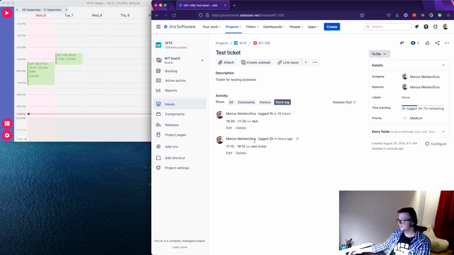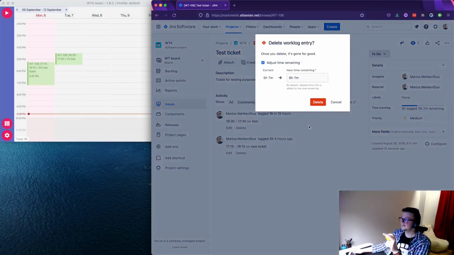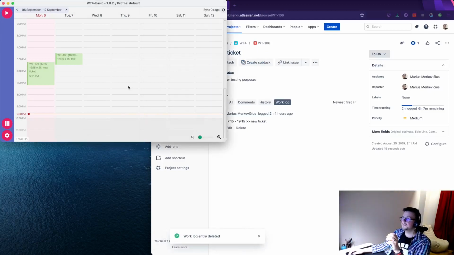So here's the work log that we have created. This actually works vice versa as well. So let's delete this work log, and it should delete this work log in the local application. So this is the basic idea of what the